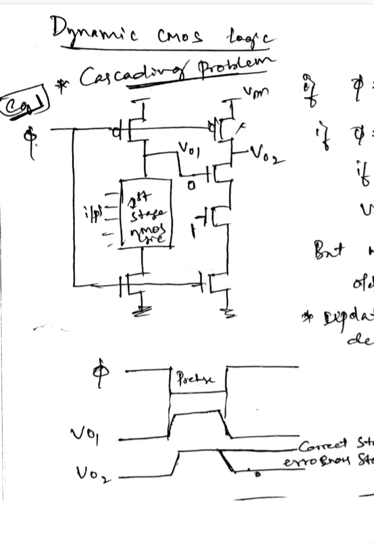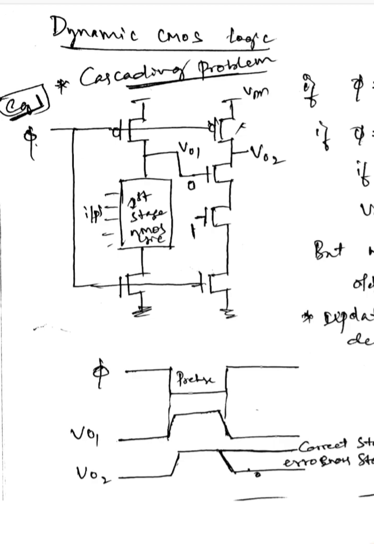In the circuit, you can observe we are connecting two stages of dynamic CMOS logic. This is stage 1 and this is the second stage. We provide the clock signal to the precharge transistors and the evaluate transistors. Here phi is acting as the clock signal, and the two stages get the clock signal at the same time, meaning the clock period for the two stages is the same. So we need to observe how this circuit generates the output and when the problem with the output arises.